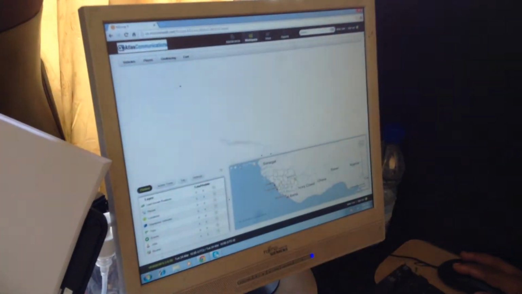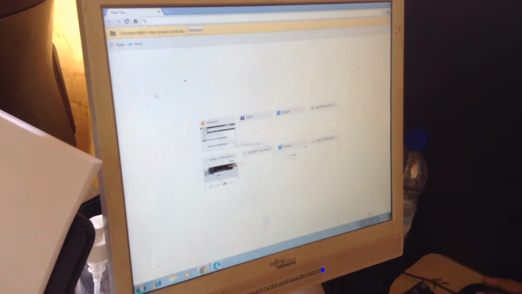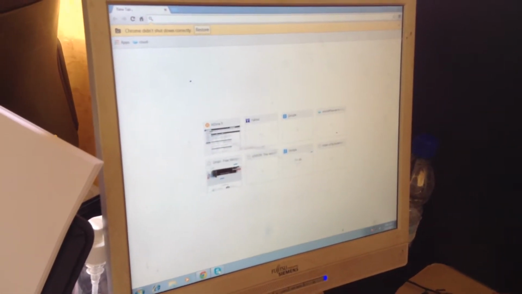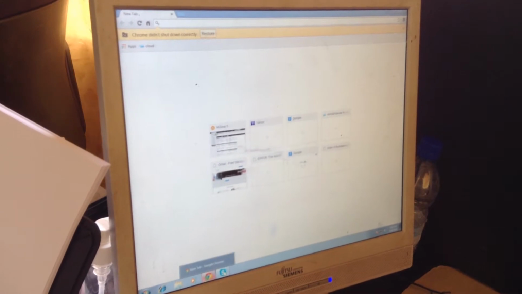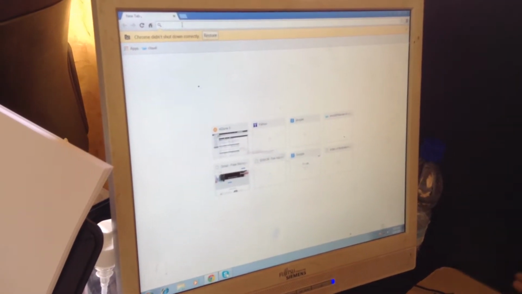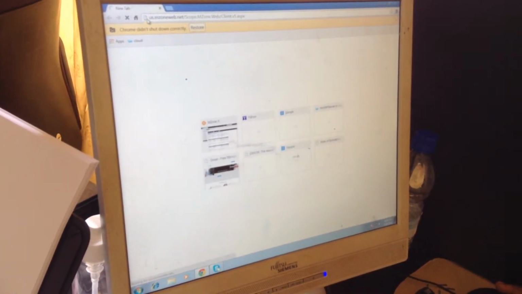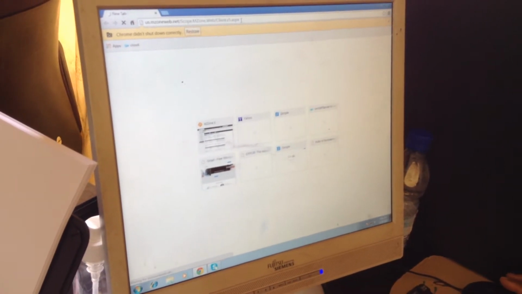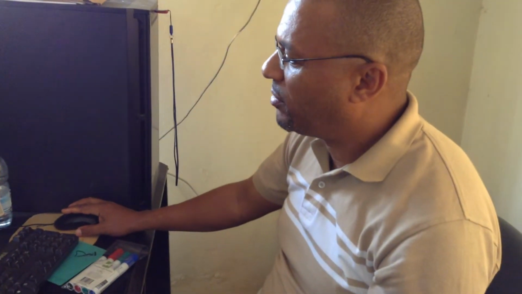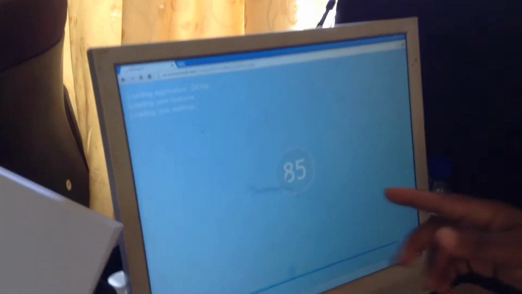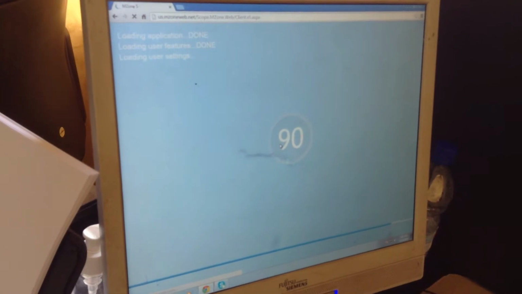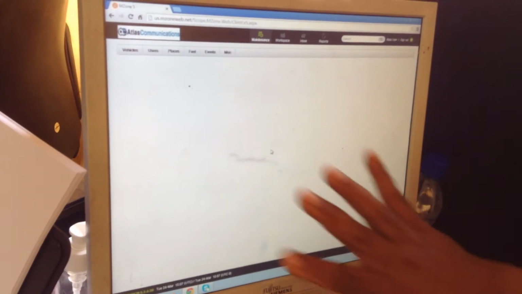The first thing to do is open your browser, any browser. It can be Internet Explorer, Google Chrome, Mozilla, anything. I'm going to put in a URL so I can go into the web server, and you can see the URL is this one. The speed will depend on your internet connection, of course. Now it's loading the web interface. It takes a few seconds, or a few minutes depending on your internet connection, and bingo, here we have the interface,